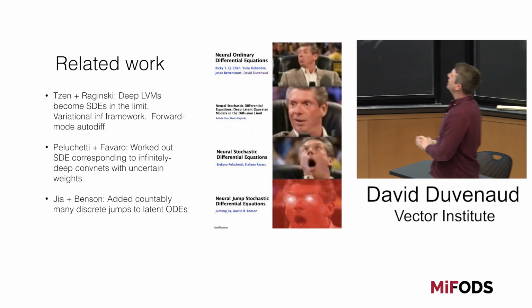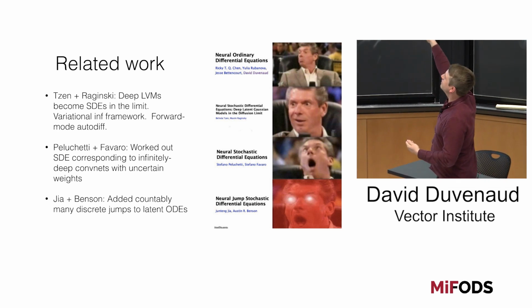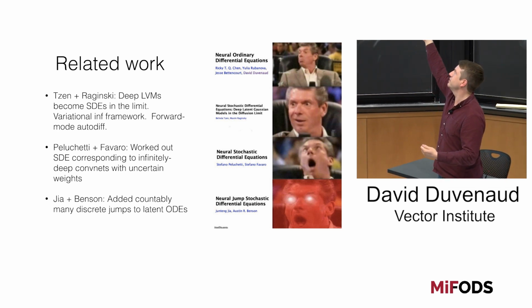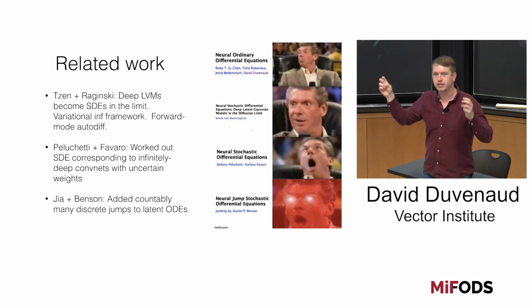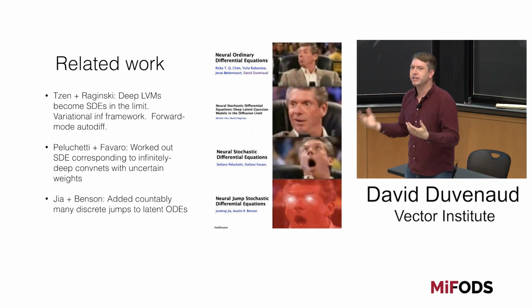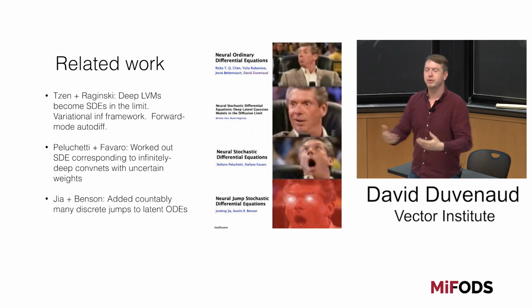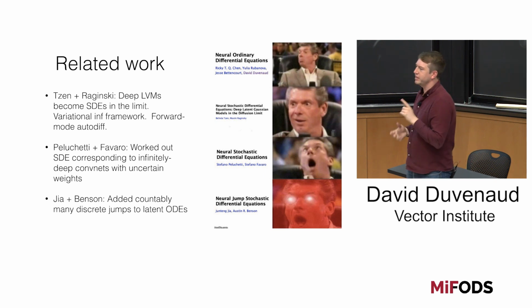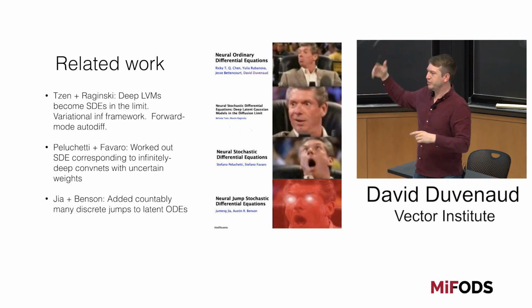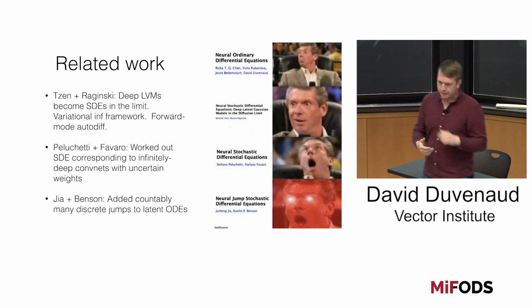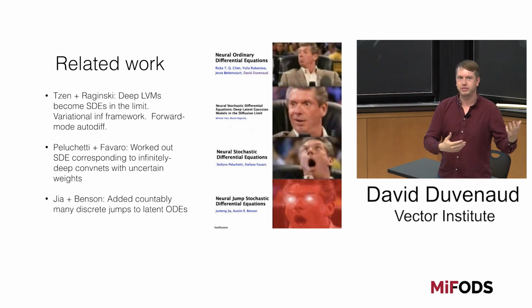Obviously, last year we had this paper, Neural Ordinary Differential Equations, which is an interesting title. I chose the hypey title. Anyway, now I'm punished for it because in the next year, these 3 different papers came out that all were neural stochastic differential equations of some sort, right? It's an obvious generalization, an obvious next step. David Sontag actually asked me at NIPS, oh, are you working on SDEs? And I said, yes. I was pretty sure that someone else who knew more about SDEs than me was going to do it first.